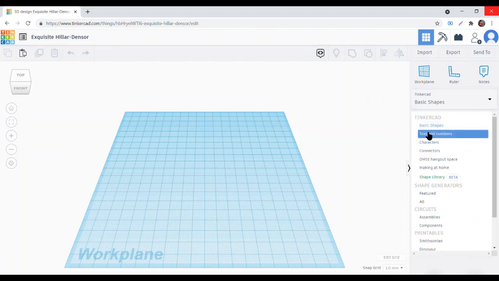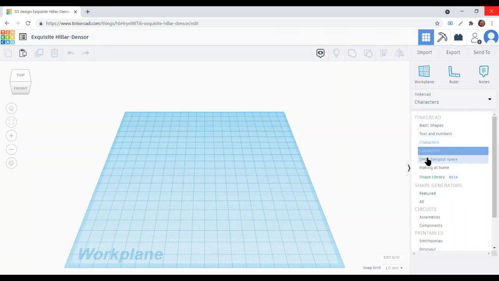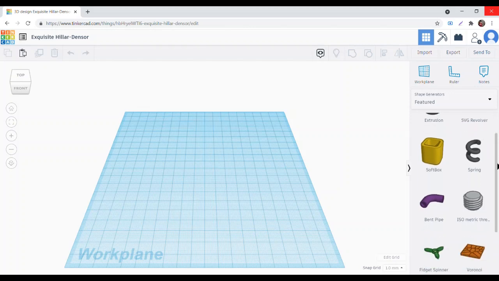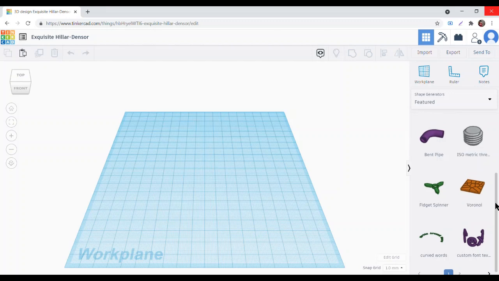So there are text and numbers here, characters, and featured. I really love the featured shape generator because it has a lot of shapes like a fidget spinner, and this shape I used as the solar panel.